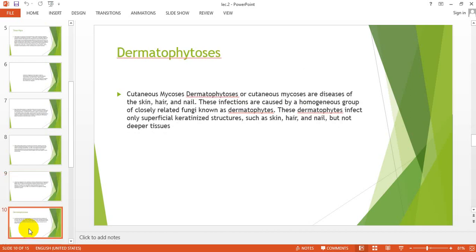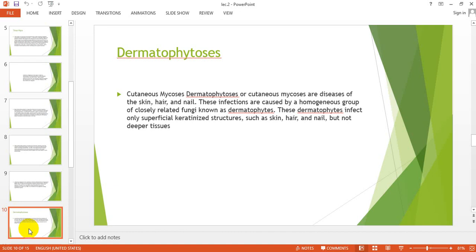Cutaneous mycosis, or dermatophytosis, refers to diseases of the skin, hair, and nail. But by which type of fungal species? By most types. These infections are caused by a homogeneous group of closely related fungi known as dermatophytes. These dermatophytes infect only superficial keratinized structures such as skin, hair, and nail, but not deeper tissues. Dermatophyte species cannot grow or disseminate within the blood vessels or